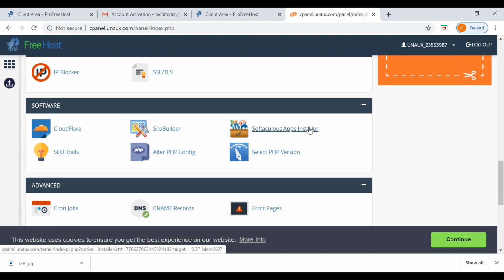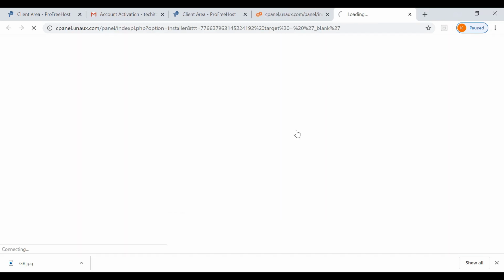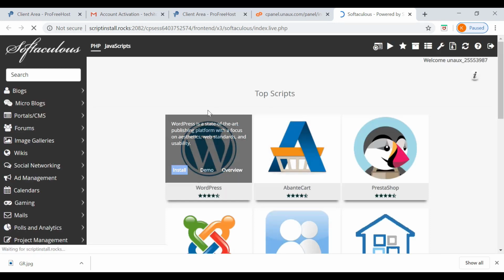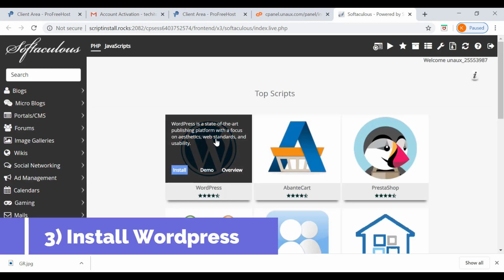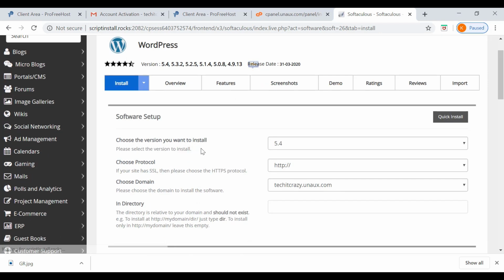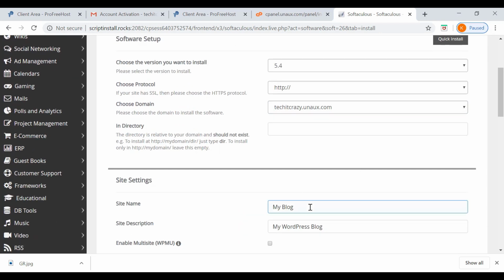In this one you need to select the software tab. It will direct you to the page where you can install a CMS like WordPress, Joomla, something like that. As you all know, WordPress is very easy for building websites. I am installing WordPress to showcase this.